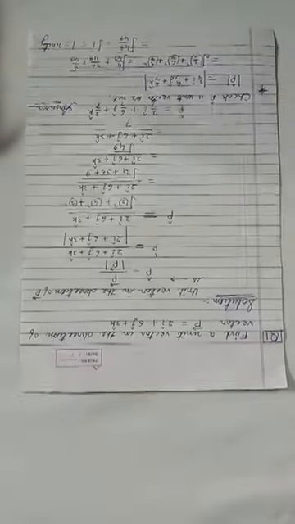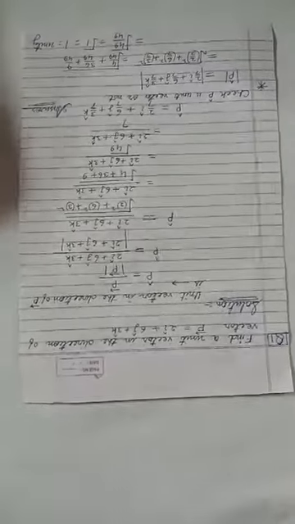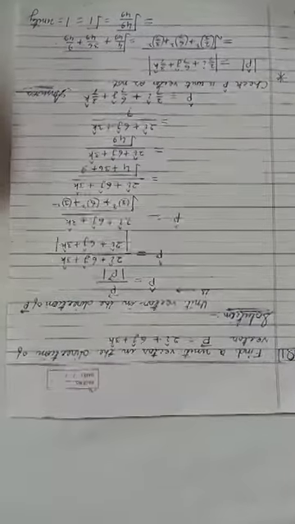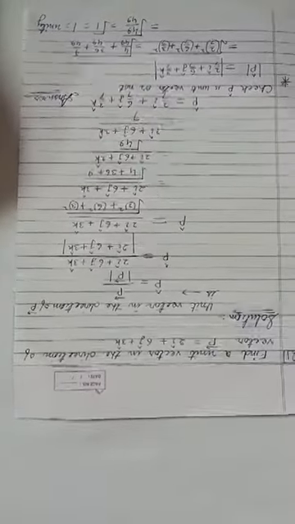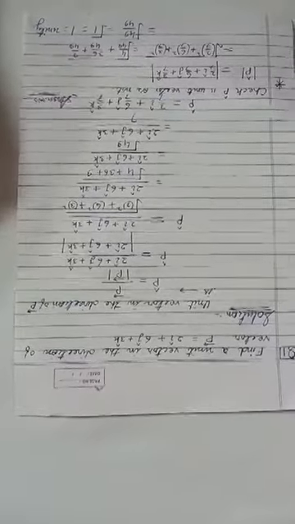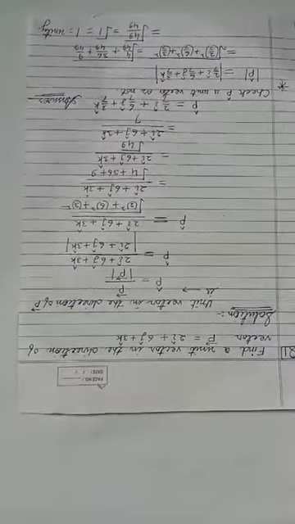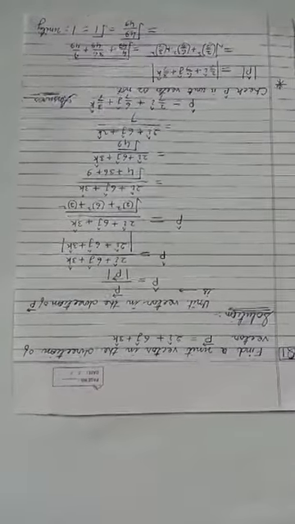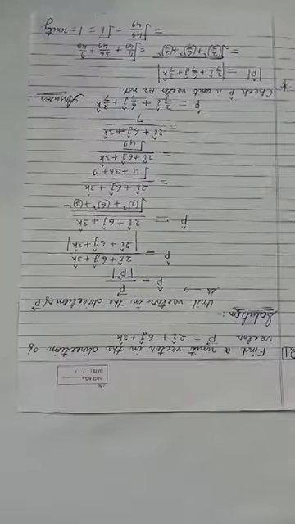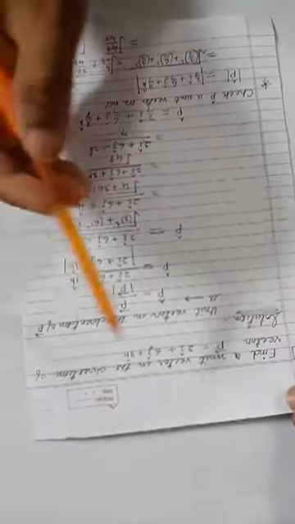Hello students, today we will do some questions based on the scalar product of two vectors, and also we will try to calculate unit vectors in the direction of a given vector. We will find the unit vector. We will also calculate a vector of given magnitude in the direction of a given vector. We will also try to show whether two vectors are perpendicular or not. Okay, so let us start with the first question.